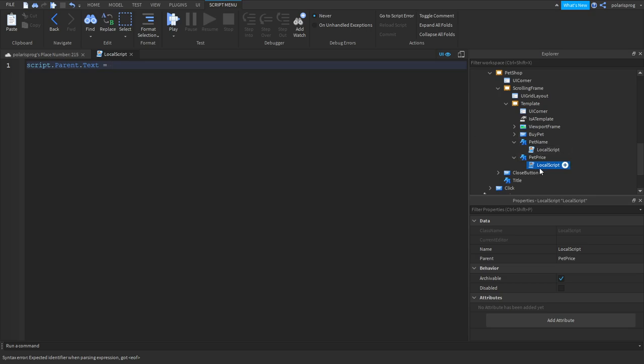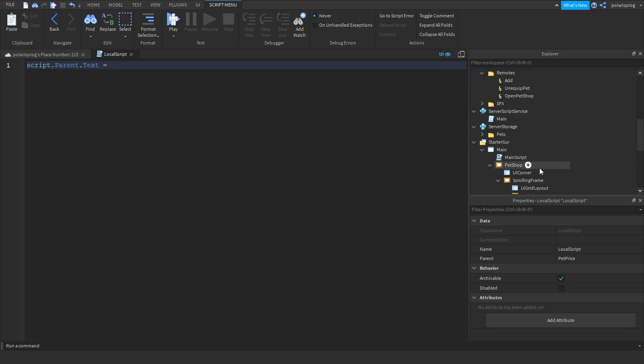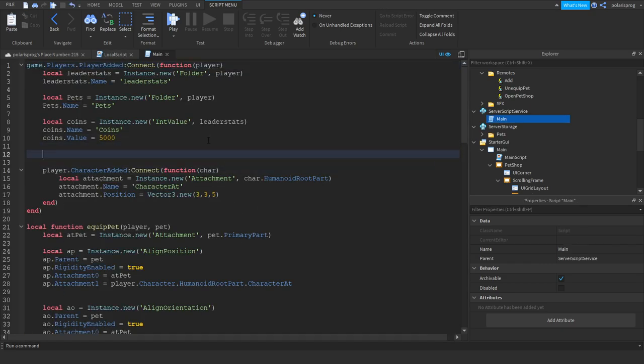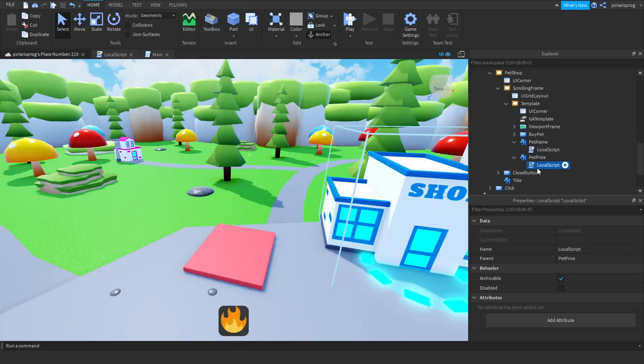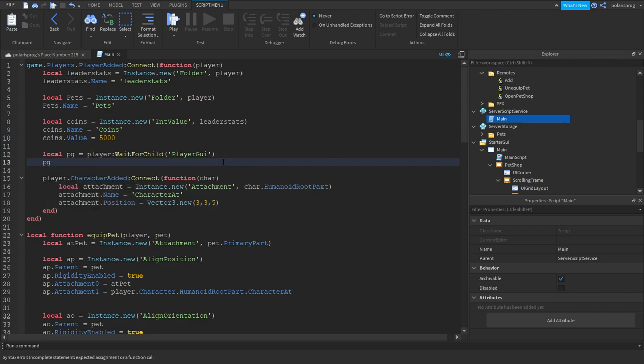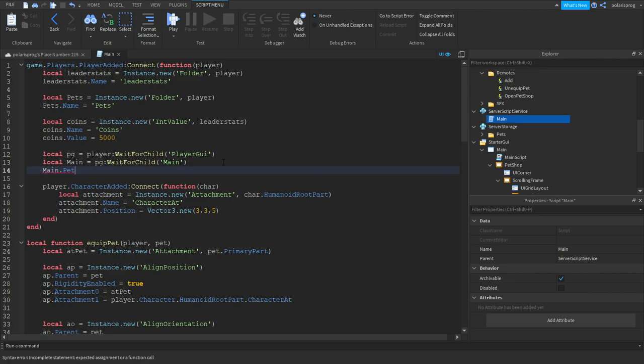Okay, yeah, I think I can solve this from here. Yeah, let's put it here. So in your player added event, just remove the pet price thing. We're gonna do local pg is equal to player:WaitForChild, we're gonna wait for the PlayerGui to be added. So when it's added, then we're gonna do local main is equal to pg:WaitForChild, and we're gonna wait for the main, and we're gonna do main.PetShop.ScrollingFrame. Actually, let's just cut this, and we're gonna do